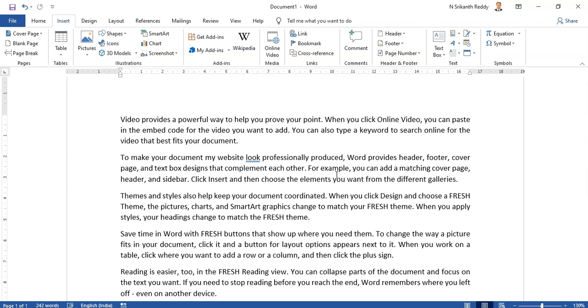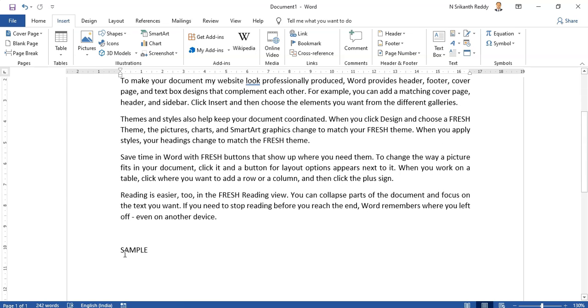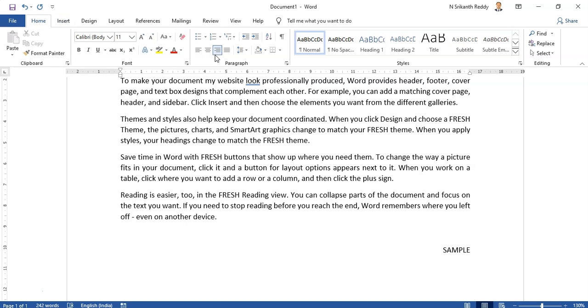Next is IJKL. Control L is for left alignment. I have told you I, J, K. Control L is for left alignment. For example, let us say it is here. Let me go to the Home tab. Right now it is in right alignment. If I click on the left, it will go. Otherwise, I can use the shortcut key Control L. If I press Control L, it is aligning to the left.